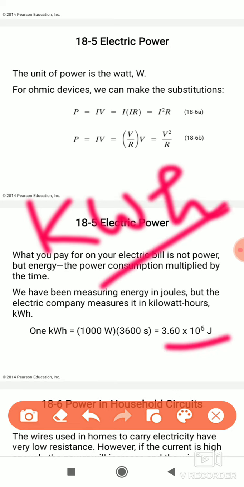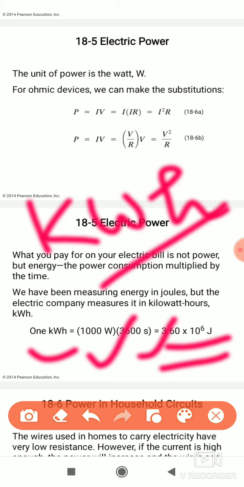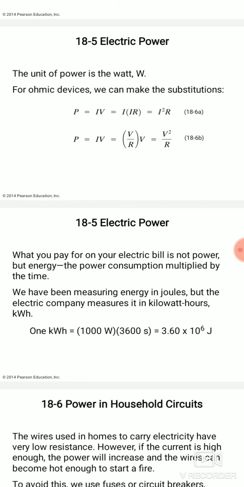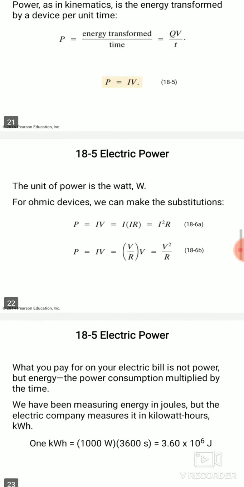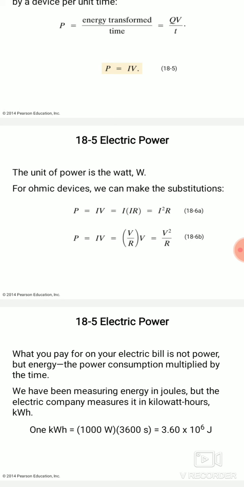So 1 kilowatt hour is equal to 3.6 into 10 raised to the power 6 joule. 1 kilowatt means 1000 watt, and in the place of time, we put 3600 second, which is equal to this much. My dear students, you have to revise these topics and try numericals related to electric power,